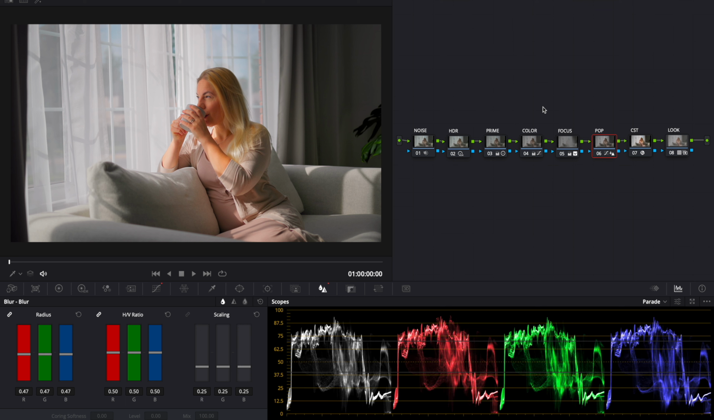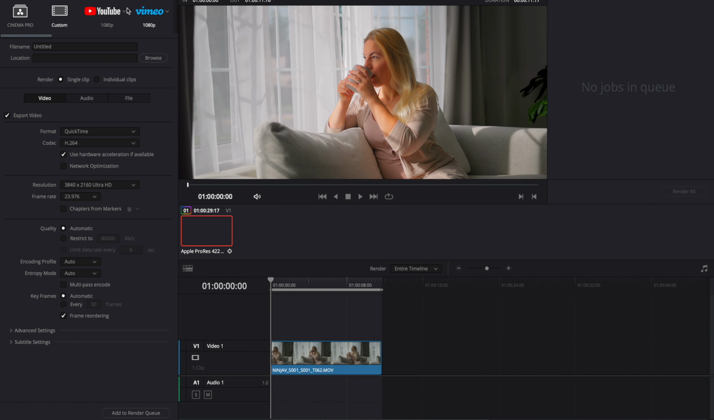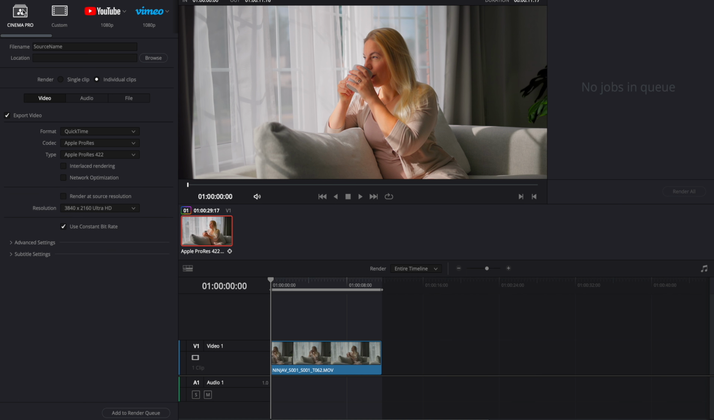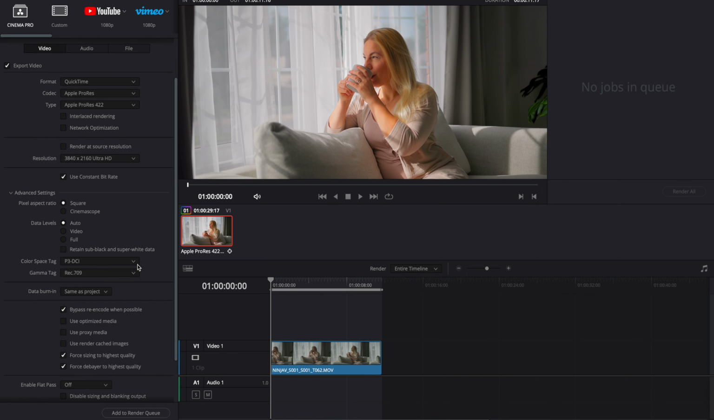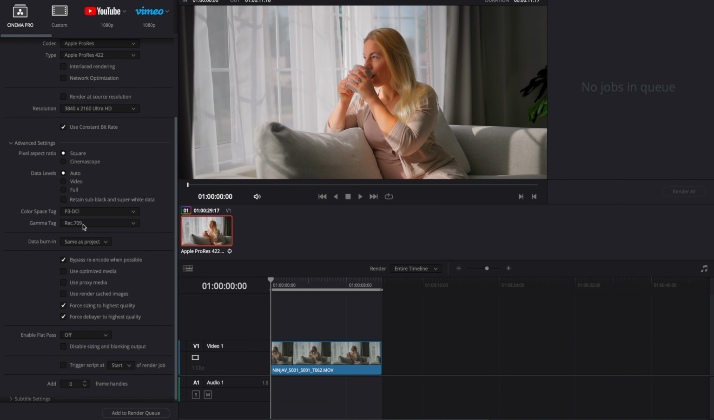Again, there are multiple ways you can color grade this, and there are different opinions on how you could color grade, but this is essentially how I would do it. And that would be done when I'm ready to render. I'm exporting these videos to be formatted for modern Apple devices and Android devices and TVs and mobile phones. So that's why I've created a Cinema Pro preset where I change the color space tag and the gamma tag,